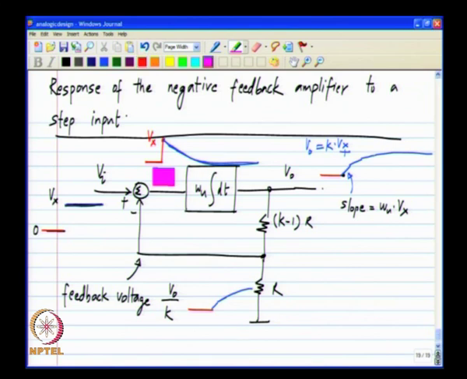So, this is what happens with a step input. We had already seen this from the solution of the differential equation. It is exactly the same thing that I have shown here, okay. So, the output gradually approaches the ideal value, and of some interest is this error waveform. You can see that the error becomes very large, equal to the input, and then comes down and gradually becomes 0, okay. So, this is again true of every negative feedback amplifier, because the error cannot immediately become 0, the